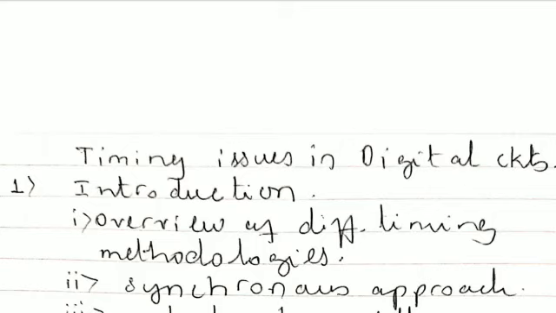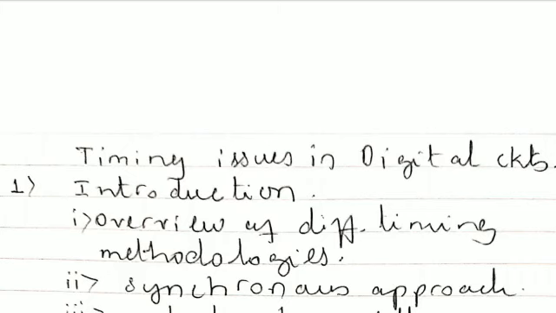Okay. Now there are so many issues that we are going to discuss in this particular chapter. What is synchronous? What is isochronous? So many issues will come. Clock jitter. So many new terms with respect to clock we are going to study in this particular chapter. What type of interfaces are going to happen? What are the problems? How to do the clock routing? All those concepts are part of this particular chapter, that is timing issues in digital circuits.